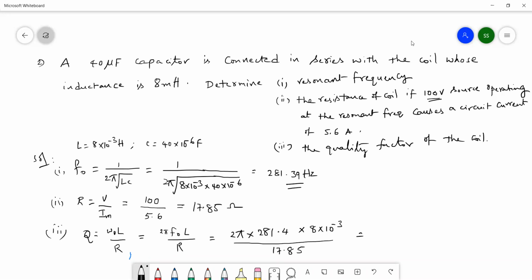Sir, 0.7922 something, sir. So 0.79. 0.7922, so I am taking the approximate value 0.8. Okay. Quality factor doesn't have any units. Remember, Q has no units. Very important for your objective questions. In objective exams it is very important. For units of quality factor, they may give options like hertz, ohms, henries. The last option, no units, is the answer.